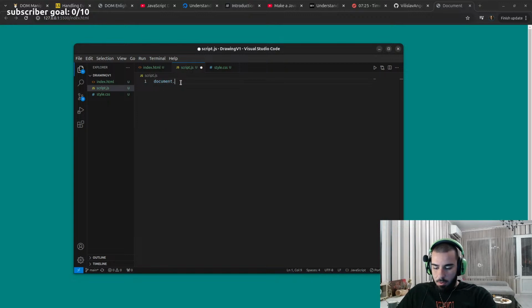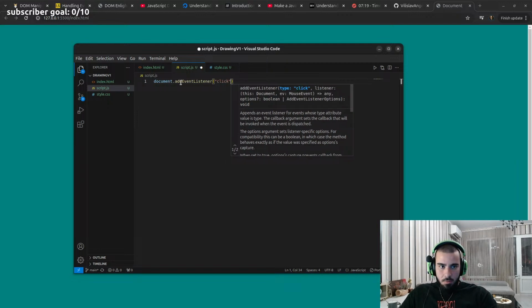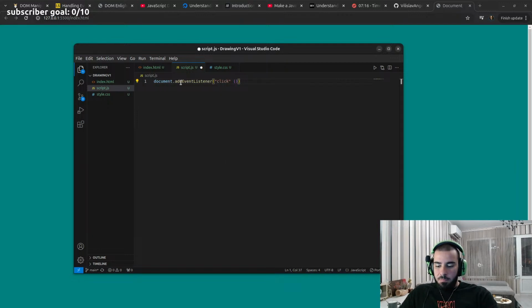So let's make document dot add event listener, and they did it for click, so we'll do the same. Arrow function. What is wrong with that? Not sure. But what they did is